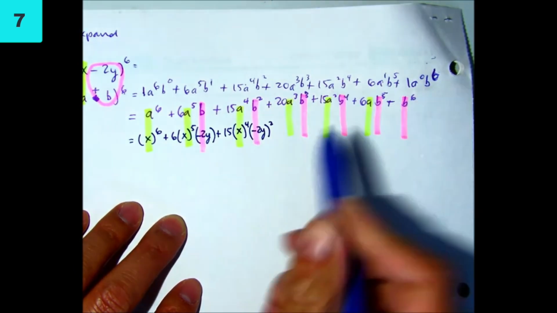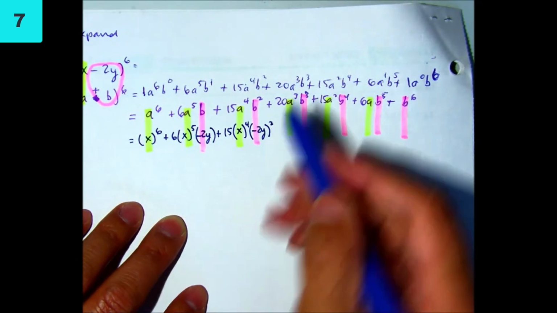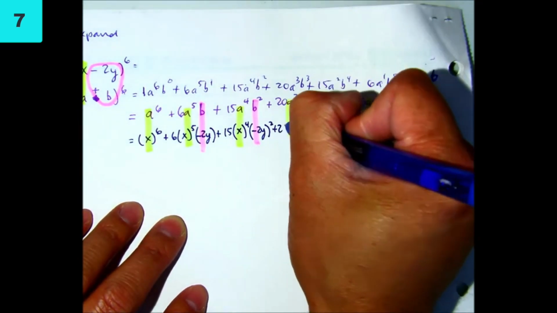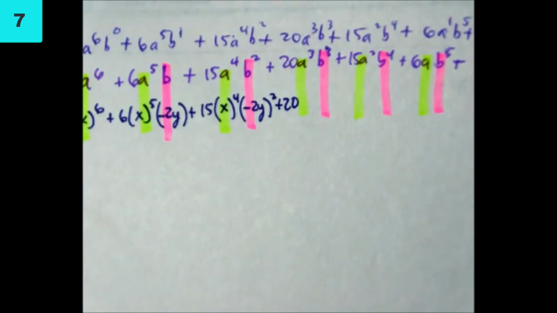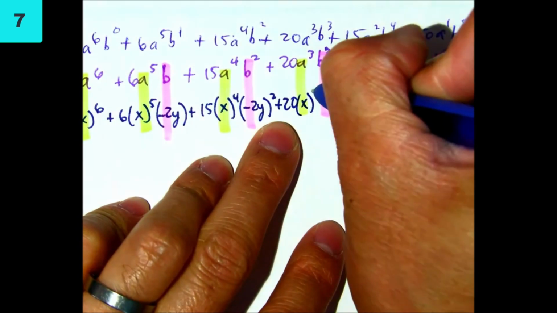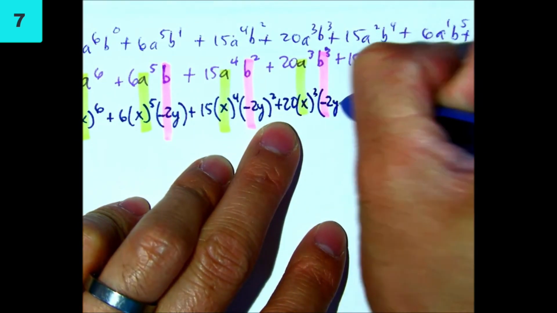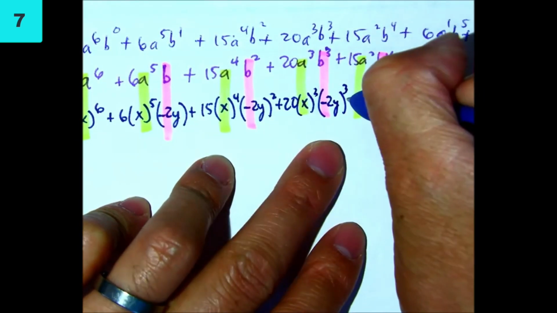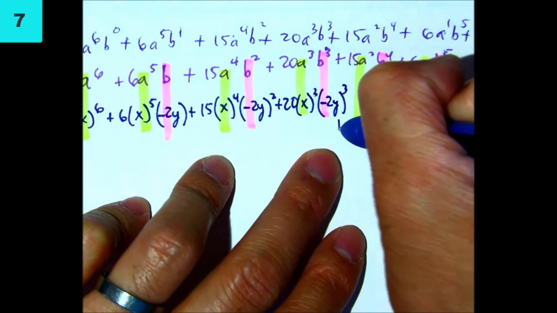Did you notice the power of 2 is on the outside there? Plus 20 x to the 3rd (negative 2y) to the 3rd power, running out of space, plus 15